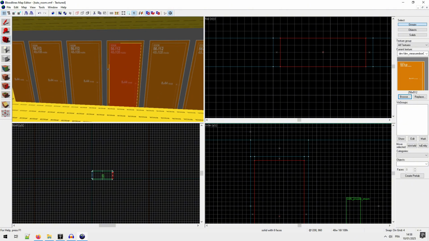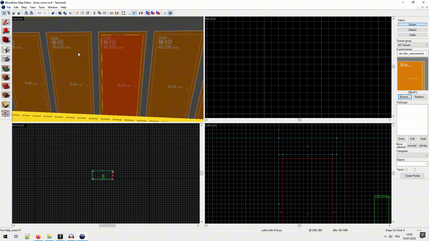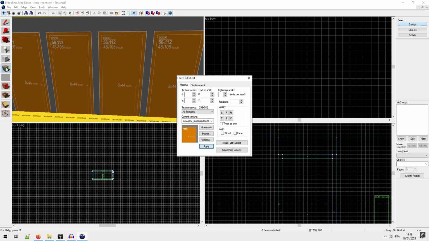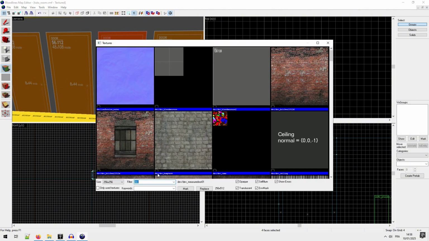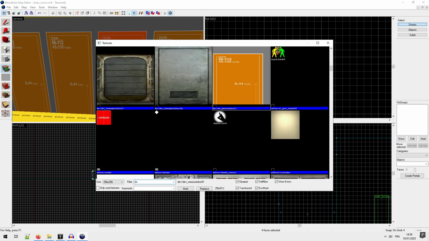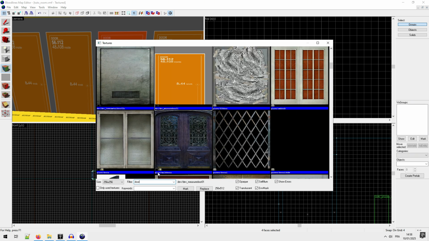Now, we will texture it. So the simple way is edit clear selection, take the texture tool, and I will select this little face, and with control I select all the face of my door. Everything is selected. I go to browse, and I put door. OK.